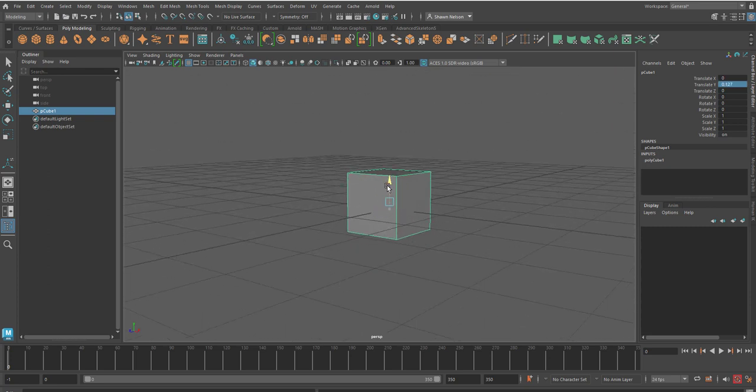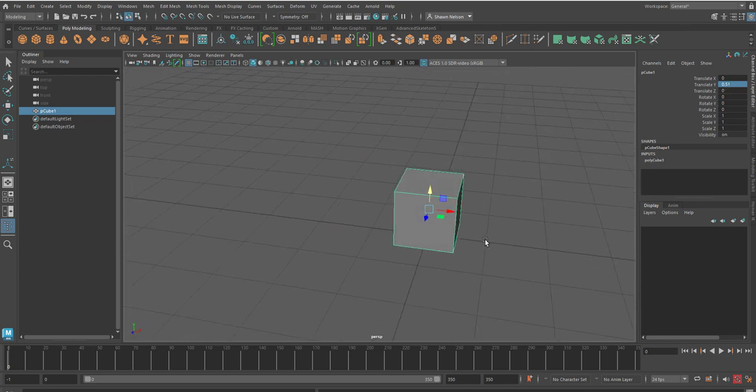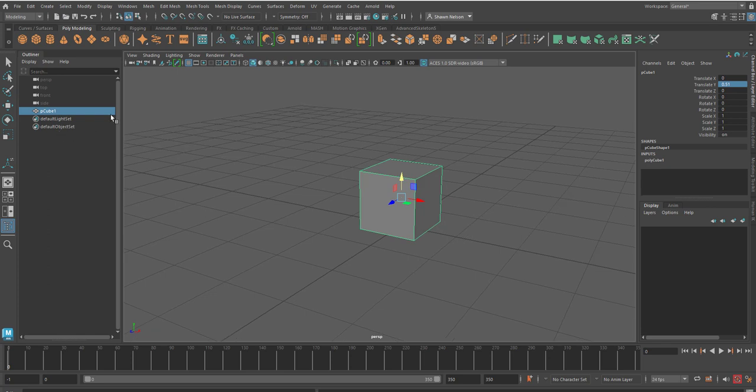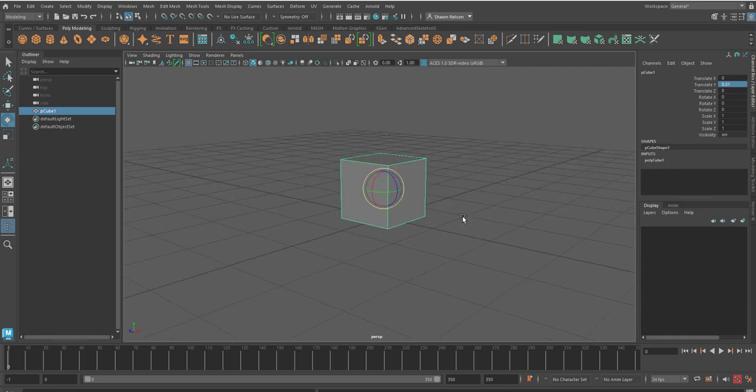Now I like to think of this grid as a floor. So I'm going to bring this up a little bit so that it's sitting on top of the floor, and you can see that that raised 0.51 units. So the other options we have for movement are rotation, and it brings up this gizmo, and it's just like